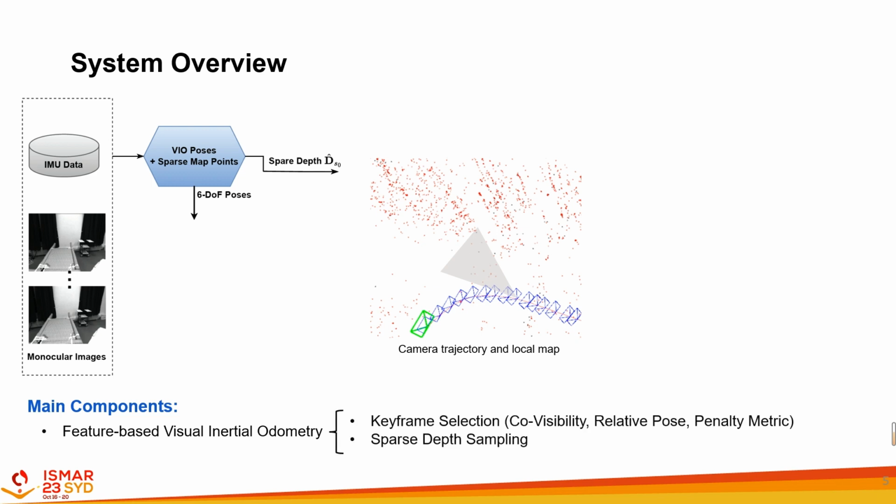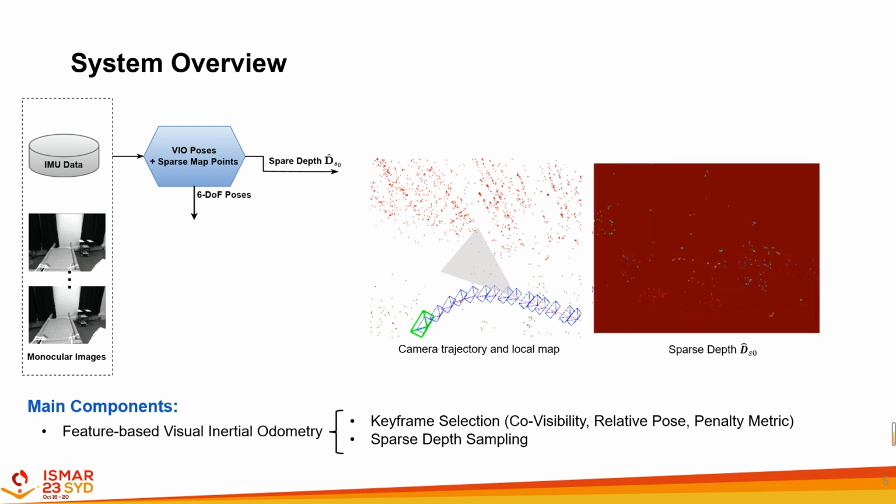To prepare the inputs of the subsequent network, the VIO undergoes keyframe selection and sparse depth sampling. Keyframes are chosen based on criteria such as co-visible connections, relative pose distance thresholds, and a defined penalty matrix. These selection criteria strike a balance between the triangulation quality and view frustum overlap. To generate 2D sparse depths, we project 3D map points within the reference frustum onto the image plane. Subsequently, we filter out extreme outliers and less accurate map points, resulting in a collection of 18 to 300 valid